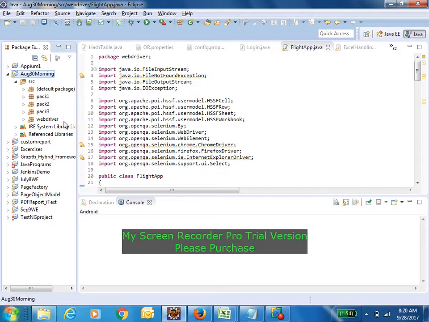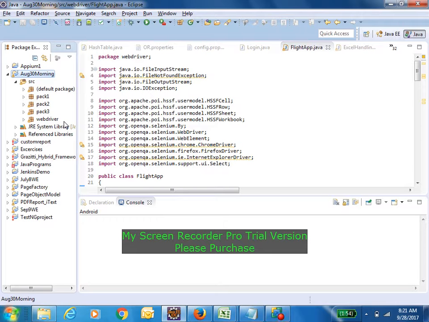So there are two tools we can use, Selenium with Java. One is TestNG, another one is JUnit. We are not using JUnit, we are going with TestNG. Why? Because JUnit is at most deprecated. Deprecated means what? TestNG is the advanced one. So whatever facilities are available in JUnit are available in TestNG as well, and along with that TestNG contains some additional features also.